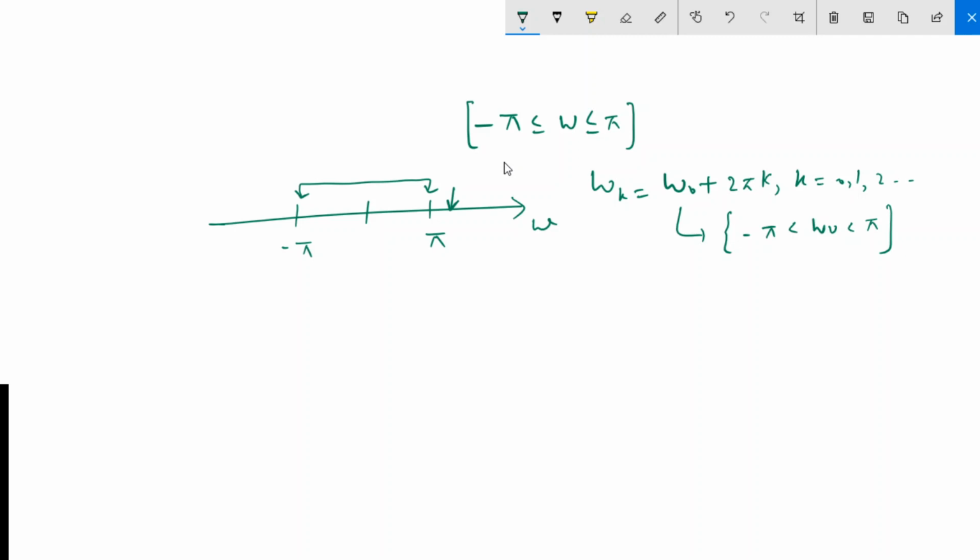If omega naught is between this band, any other frequency defined by this equation, omega naught plus 2 pi k, means the difference between omega naught and omega k is a multiple of 2 pi. It may be 2 pi, it may be 4 pi, it may be 6 pi, they are always the same. So that is why we say that all these frequencies omega k, which are separated from omega naught by a multiple of 2 pi, are called the alias frequencies,